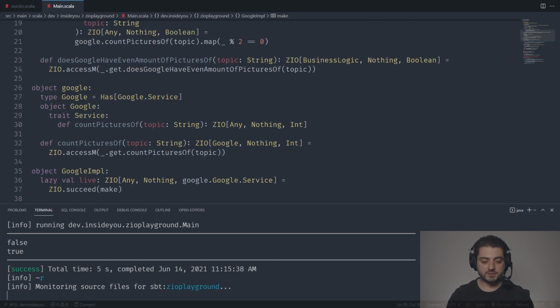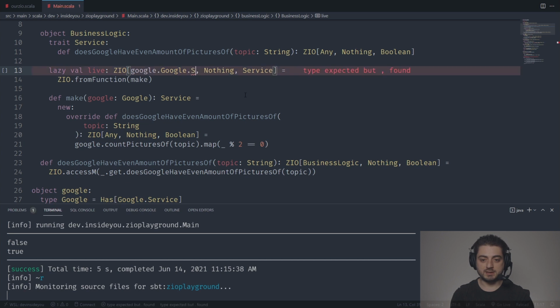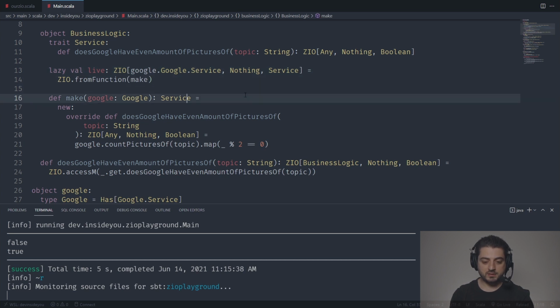Before I save the file, let's also go and fix the usage side. Okay, so this is the business logic. So it has a Google over here, so it should probably have Google.service, and we're going to change it later. Once we finish hiding has, we're not going to see any of this service stuff flying around. Okay, so we're going to go over here. And let's probably switch this thing to G, and we're going to do